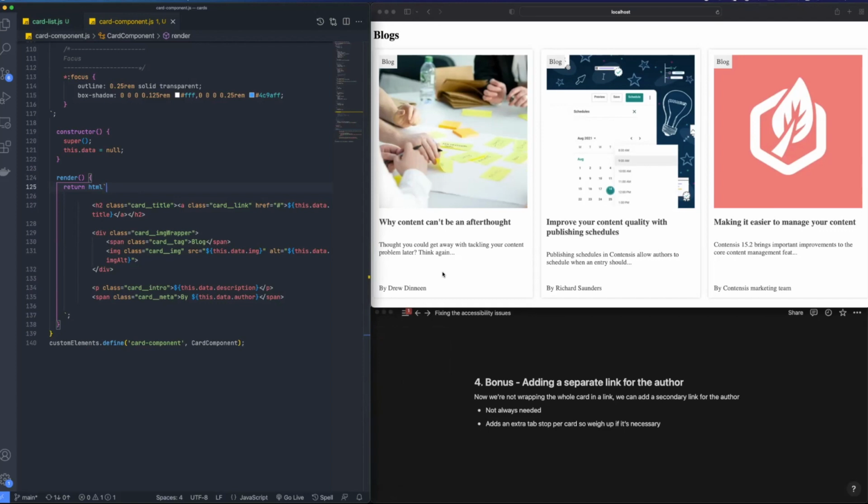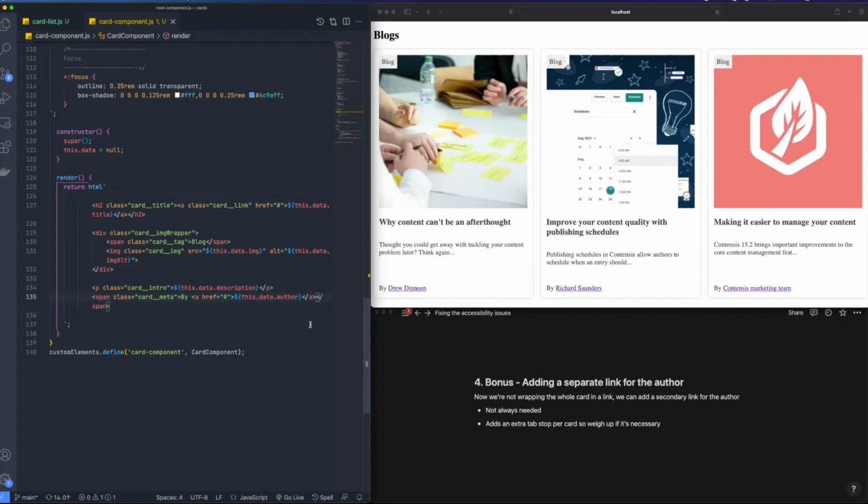If you did, the browser would think you've done something wrong and try and fix it for you. And generally, it tries to adjust your code to move it outside so the links aren't nested, and usually that'll break something. But we're not doing that, so we can now pop links in. So let's do that with the author. Okay, great. So that's not blown up anything,